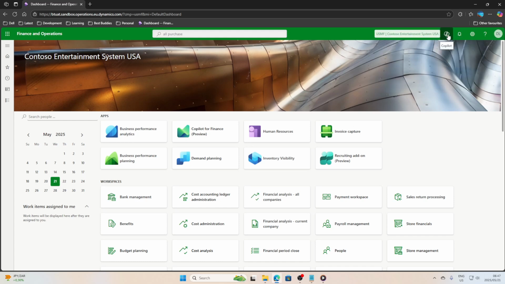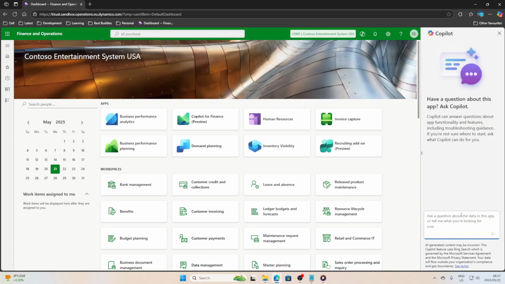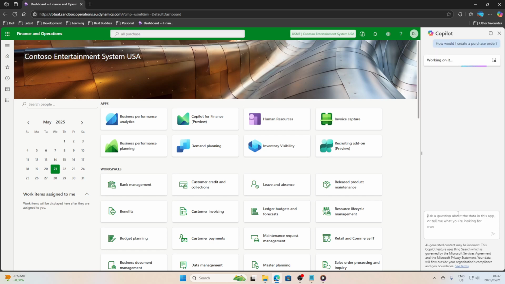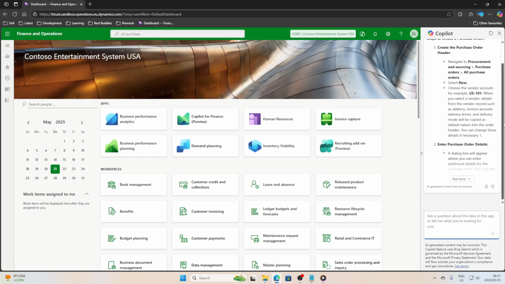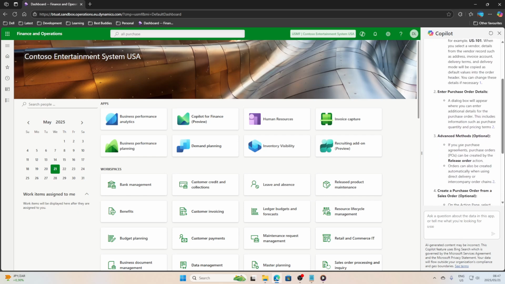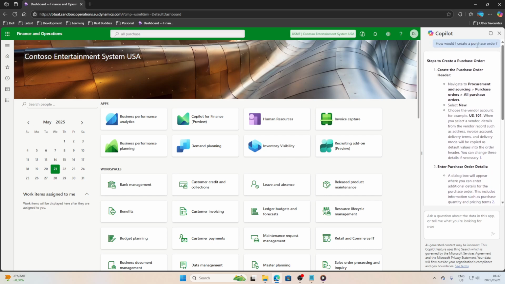Then the next feature is Copilot. So this was quite recently introduced. Copilot allows you to ask any sort of questions regarding processes. So, how would I create a purchase order? And what's quite nice about this is that it is ring fenced to the specific application. So it will look specifically for answers related to Dynamics 365 F&O. You can vote whether it was helpful. You can see every single instruction, and as time goes by, this is just becoming more and more useful to